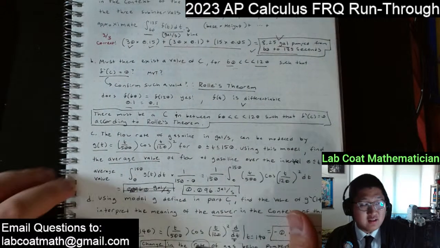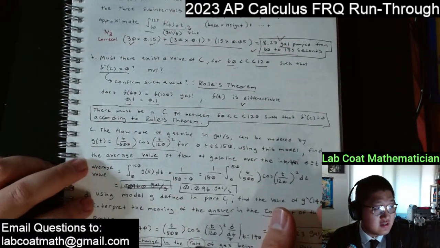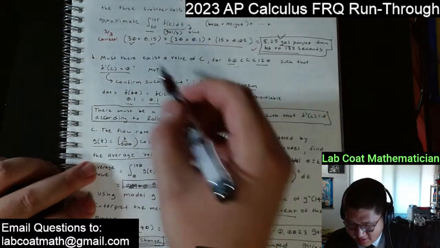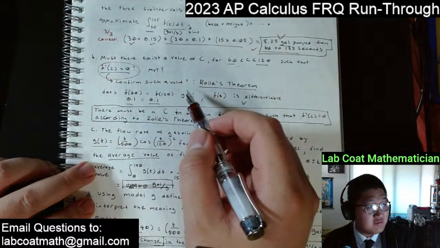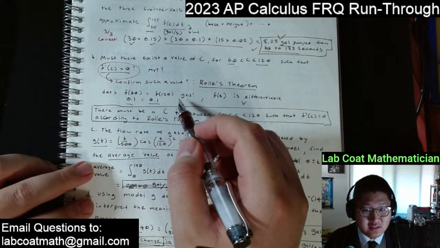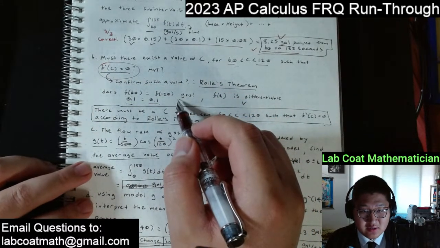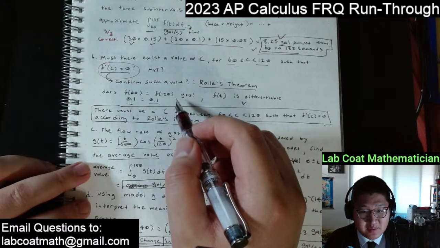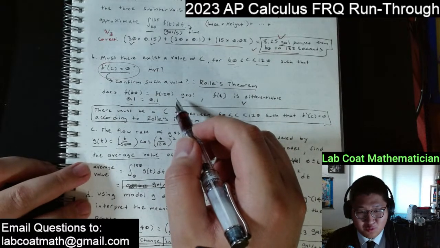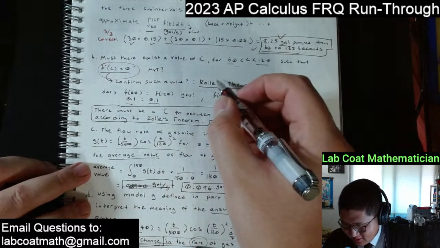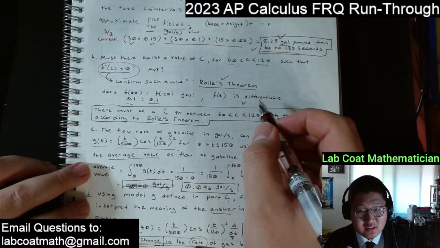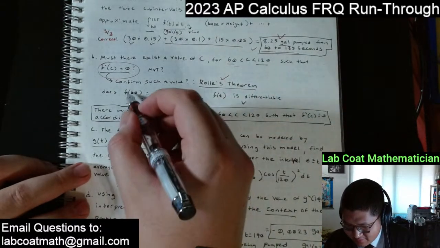They wanted to show us to confirm that f prime of c being equal to 0 is going to exist for that table of values that they gave us. They could use the Mean Value Theorem or Rolle's theorem, so either would work. My idea is that Rolle's theorem is correct to show that, work-wise, if these 2